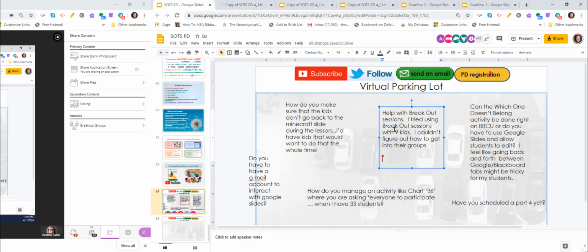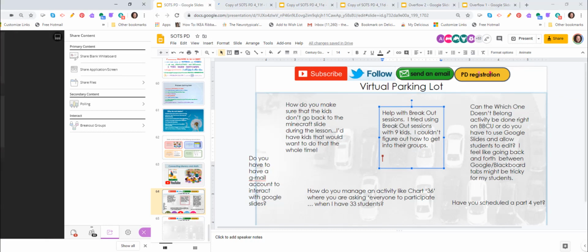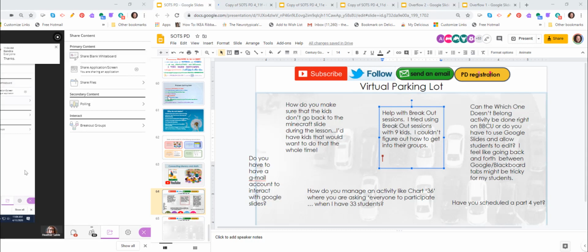Help with breakout sessions. I tried breakout sessions with 9 kids. I couldn't figure out how to get into their groups. Well, let me show you. Let's stop sharing this one and share this one. You're going to see a little hall of mirrors here, but you really only need to pay attention to the white bar on the side. When I do breakout rooms,